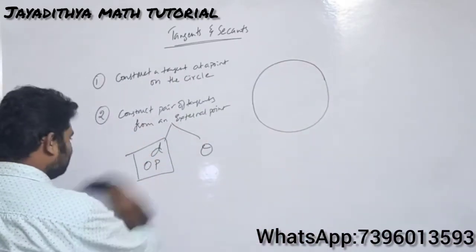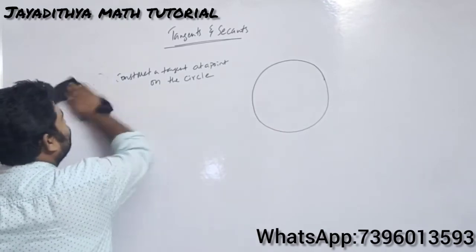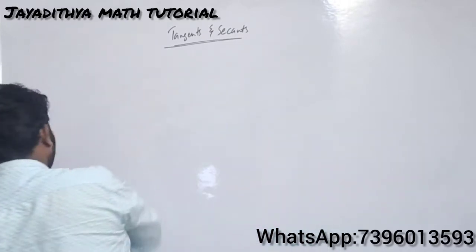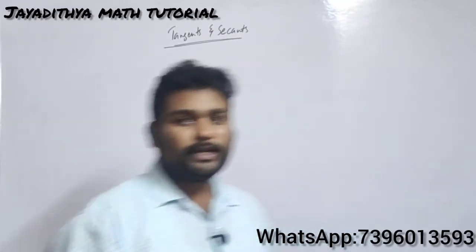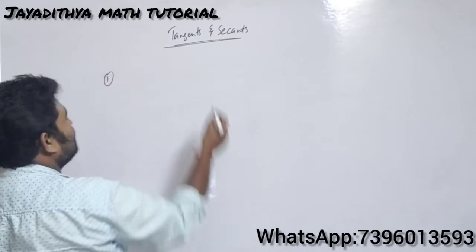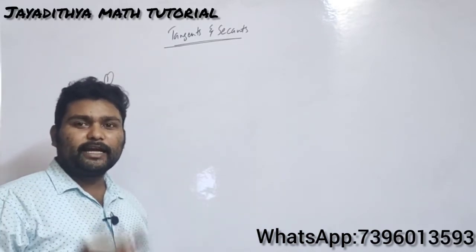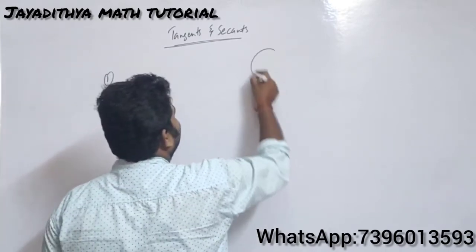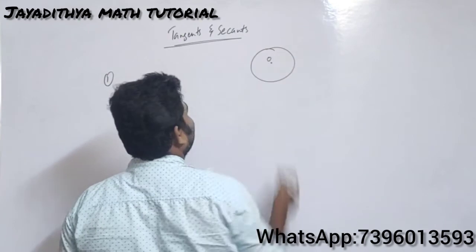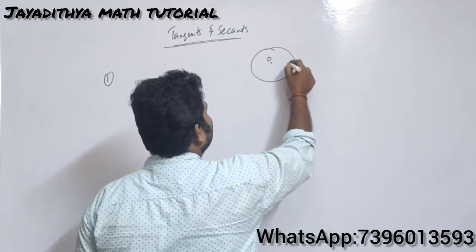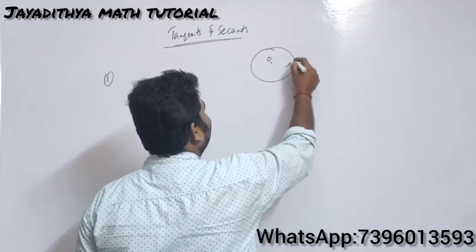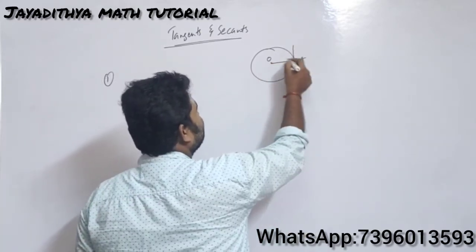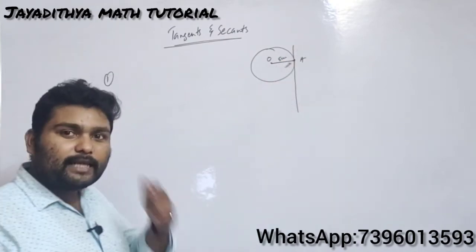So be cautious and try to understand what I am drawing. If possible, take a compass and rough notes and try to draw with me, construct with me. Okay, let us go for the first one. Construct a tangent at point A on the circle with center O whose radius is 5. Okay, for example, draw the rough figure. What is he telling? A circle is having center O and construct a tangent at point A on the circle. So here you need to draw the tangent, and he has given the radius of the circle as 5 centimeters.